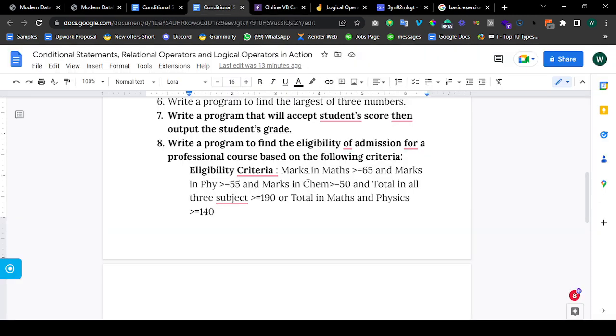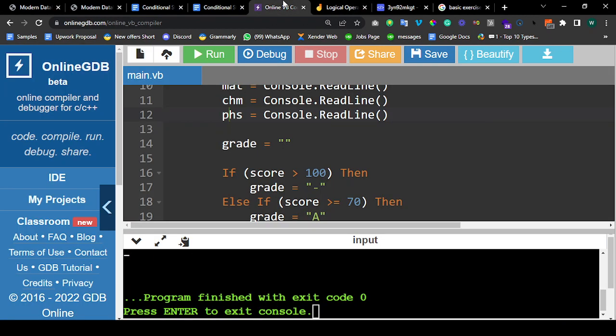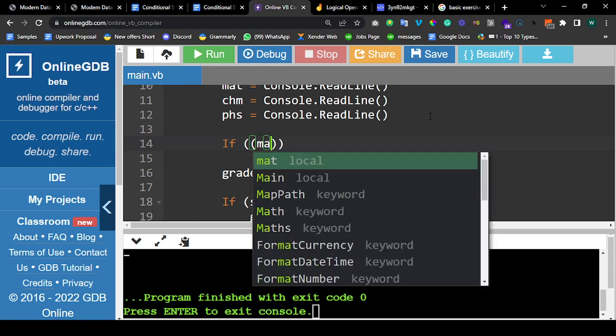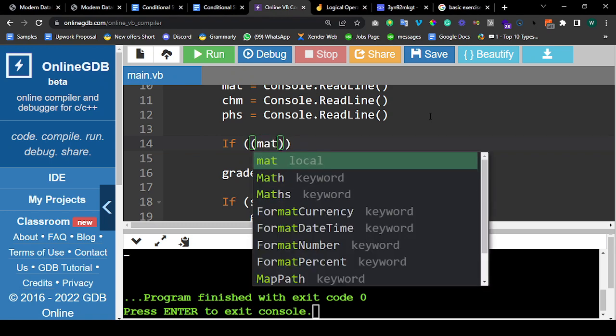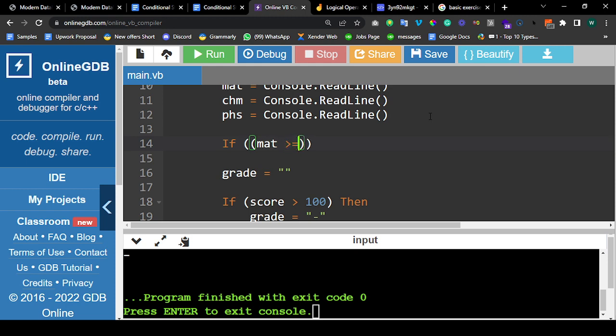So now let's start. If maths is greater than or equals to 50, so let me open a bracket here. MAT is greater than or equals to 50,